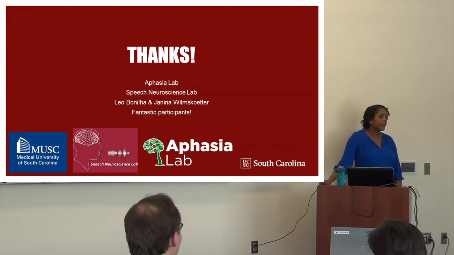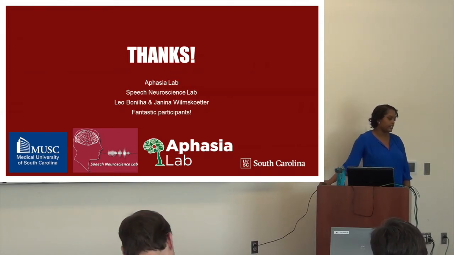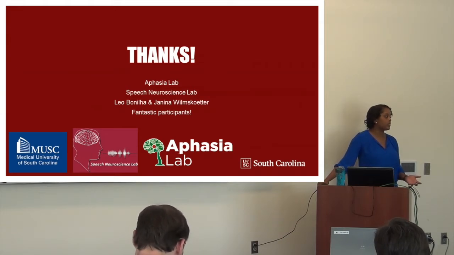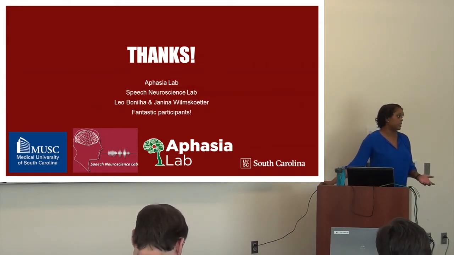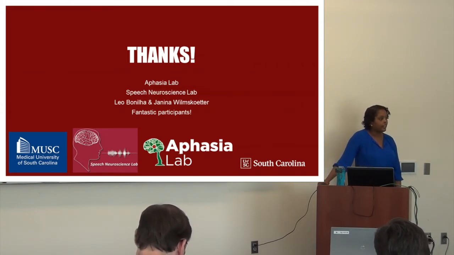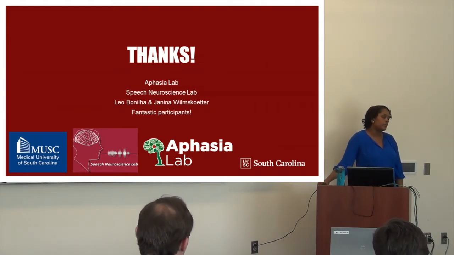And compare that to what we've seen previously in controls. In terms of what sorts of disorders may show difficulty or decreased compensation, I think based on what we know about conduction aphasia, that would be the obvious choice. But I'm not so sure when it comes to other aphasia types.